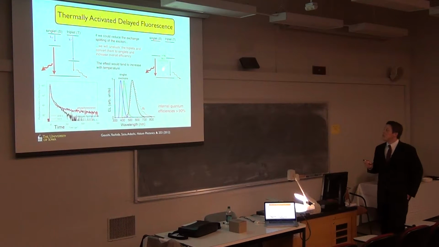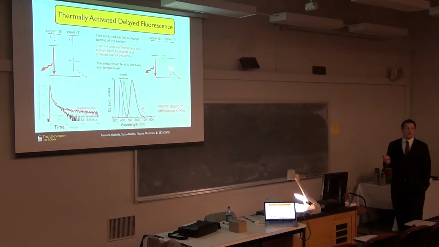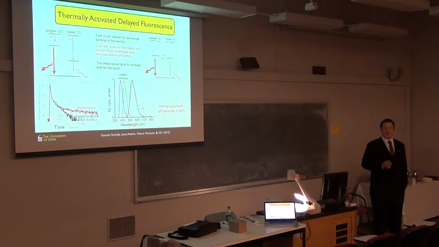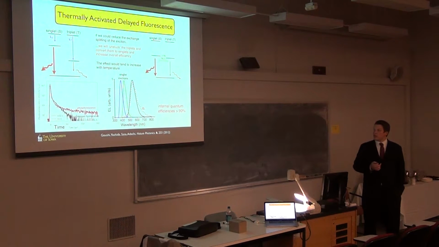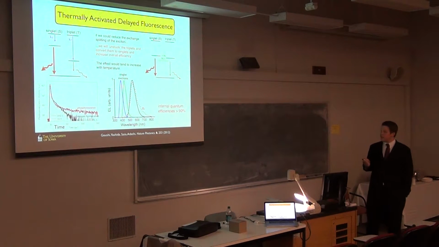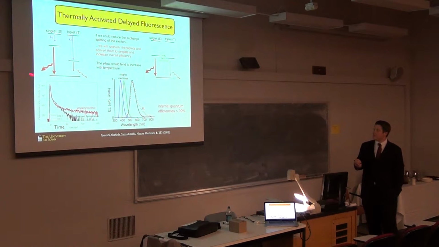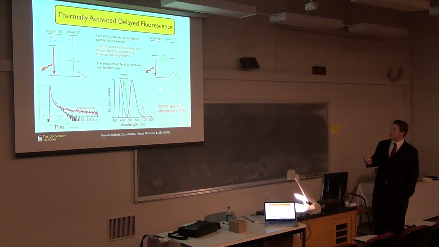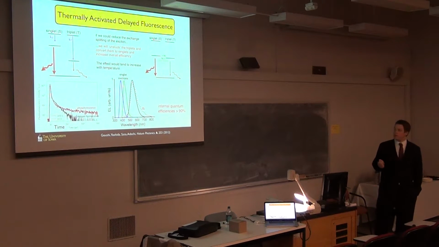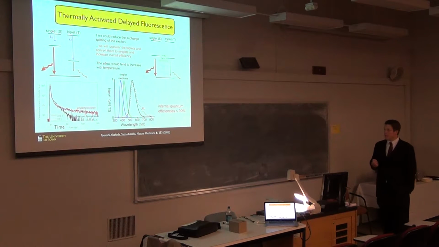So another thing is, since you might not be able to get these to be as degenerate as you want, well, you can get them close enough where you can see activated behavior. So you might expect to see larger or more fluorescence with increase in temperature. And that's what's shown here. The red, or the short time, is going to be the fluorescence of these singlet pairs. And then the phosphorescence is this longer time scale. You can kind of see it takes a while to decay.